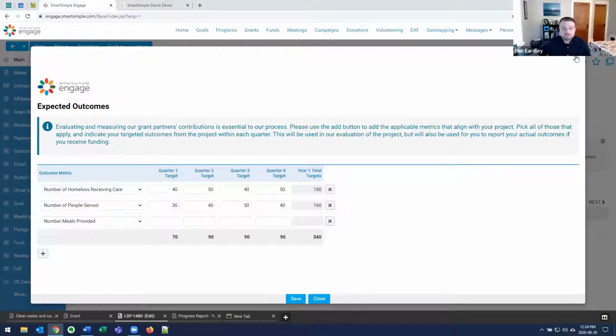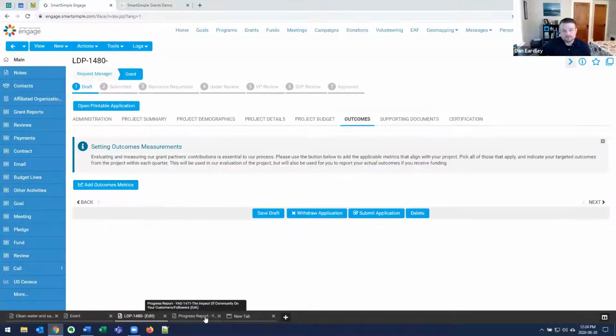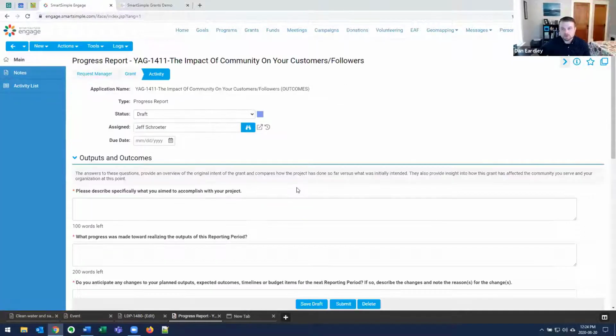But then ultimately, once that grant has been awarded, we can take this structure, those that you have essentially approved as a part of that awarded grant, and then from a grant report perspective, I'll just jump over to a grant report form as an example. That grant report form can include lots of the things you probably already include, things like narrative questions, maybe certain metrics that you want to ask about and things like that.